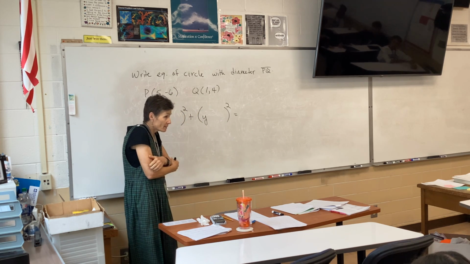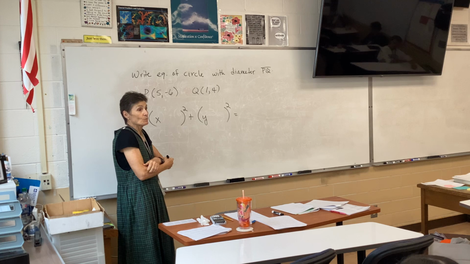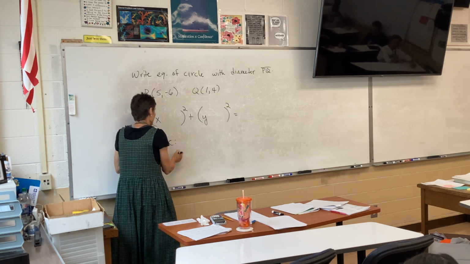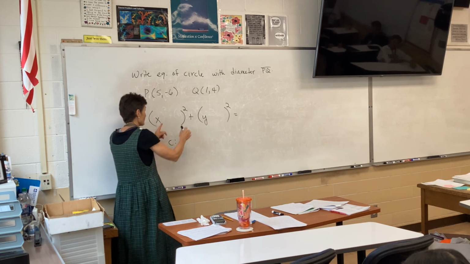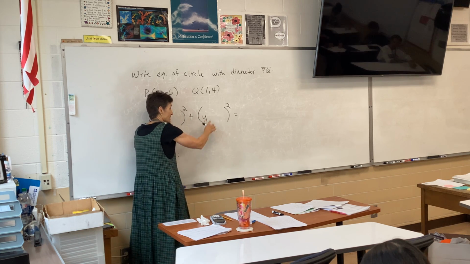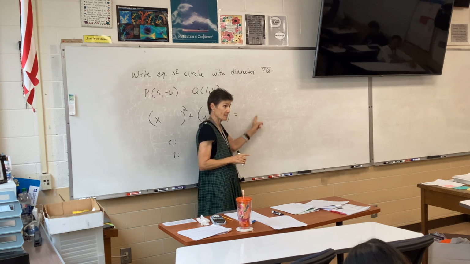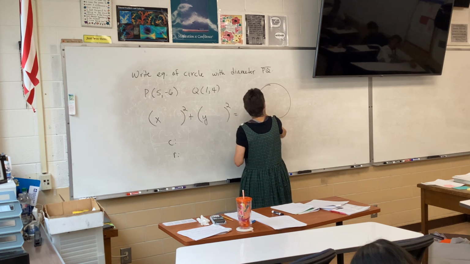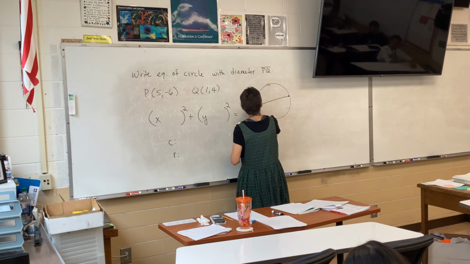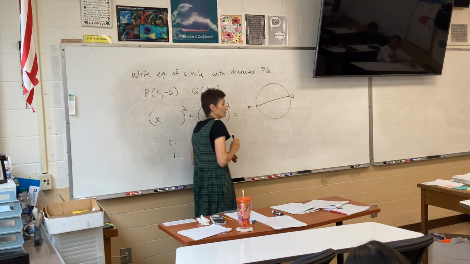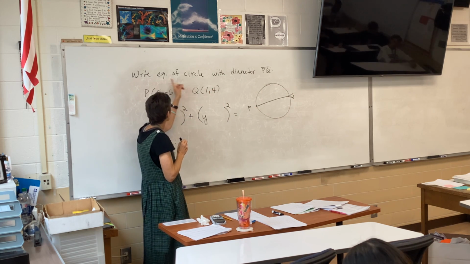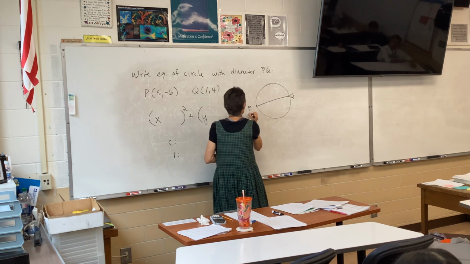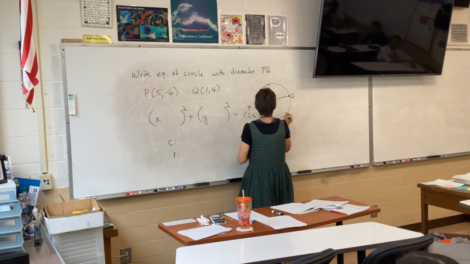Remember that from 30 minutes ago? Okay, so to write the equation of the circle, we need the center and the radius. Because remember, the center is going to help us fill in the parentheses, and the radius is going to give us this. So what we have are the endpoints of a diameter. The endpoints of a diameter. So 5, -6, and 1,